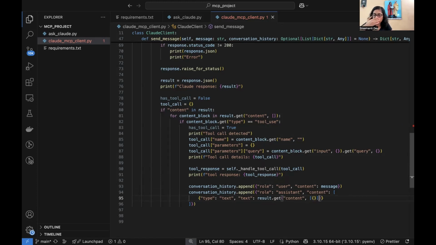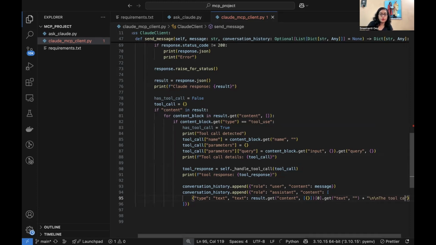If you don't have any content, then it's fine, let it go. But if you have it, then use it. And then [0].get text, and then this. And then the next thing is going to be plus \n